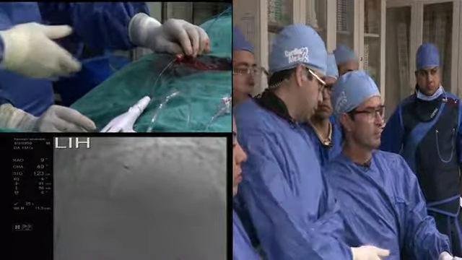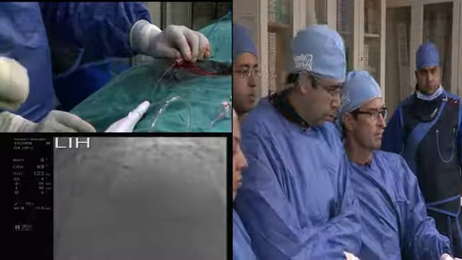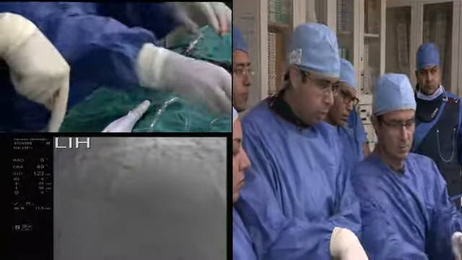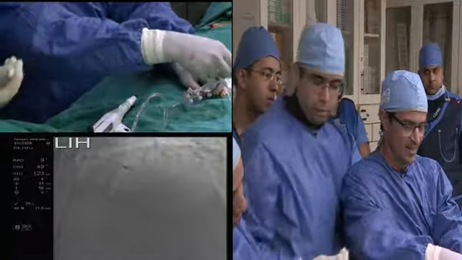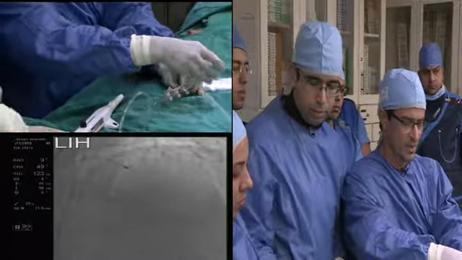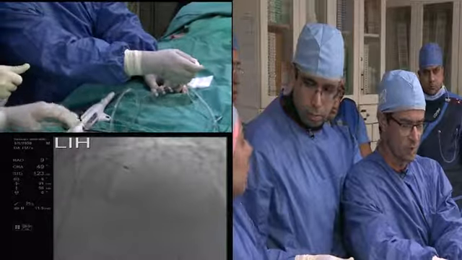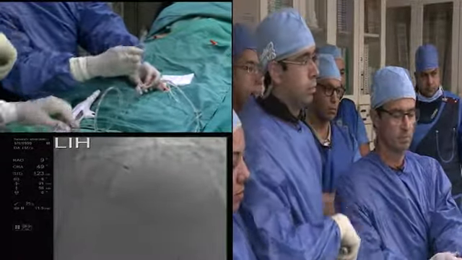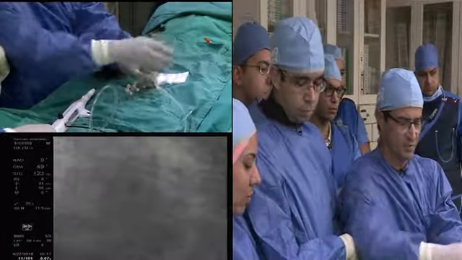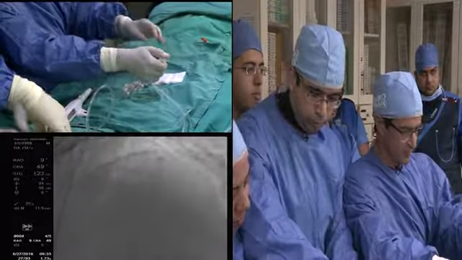We can start to open now. Would you like nitro and the lock and the burr? Yes, burr. It is 1.5. That's okay. In fact, we chose 1.5 because